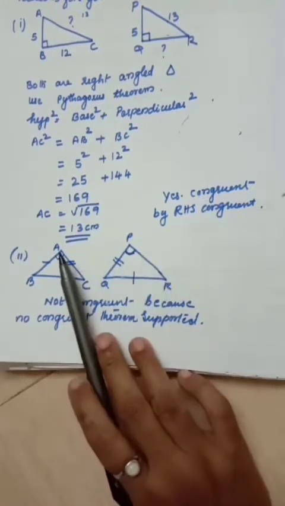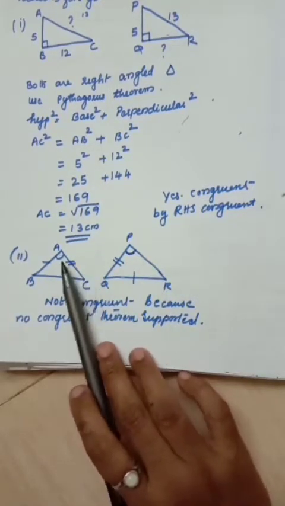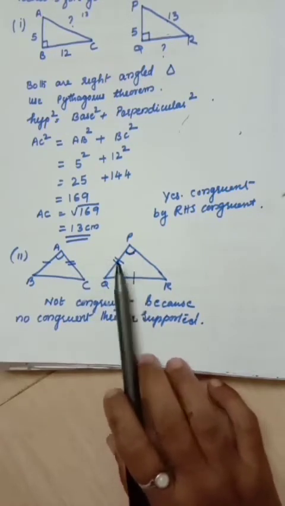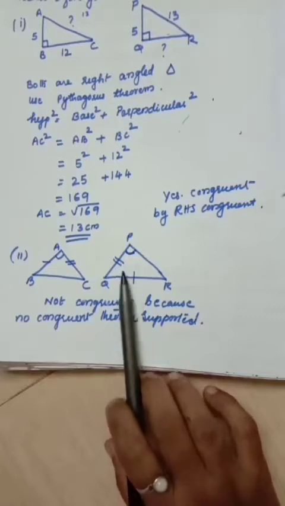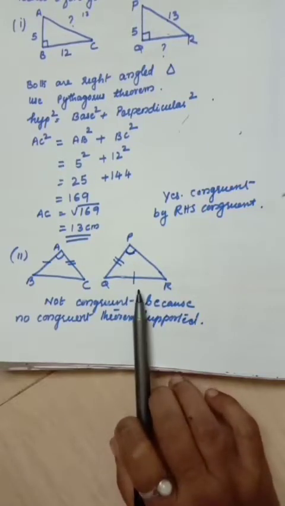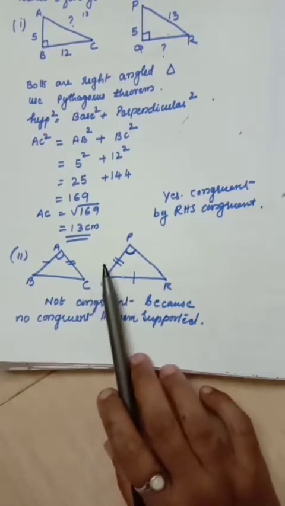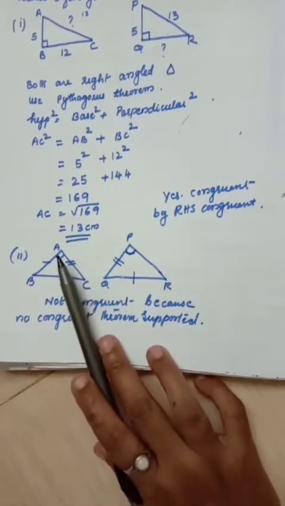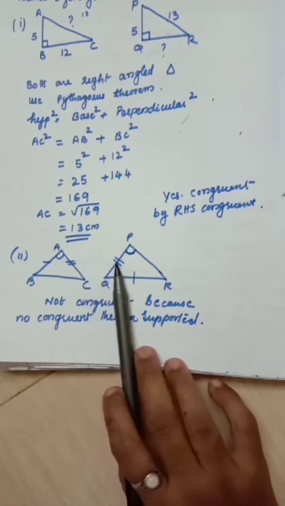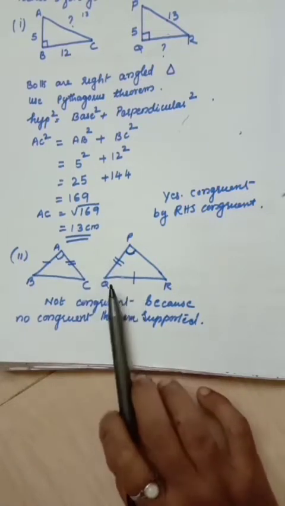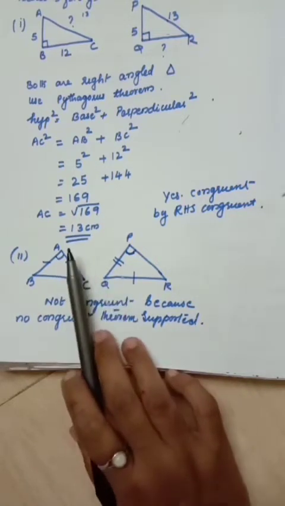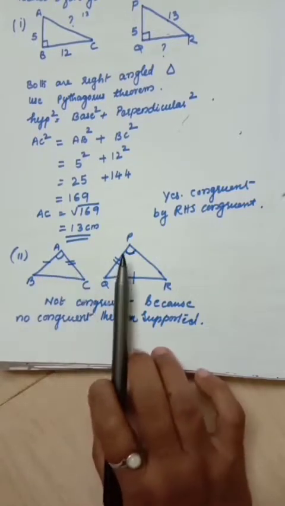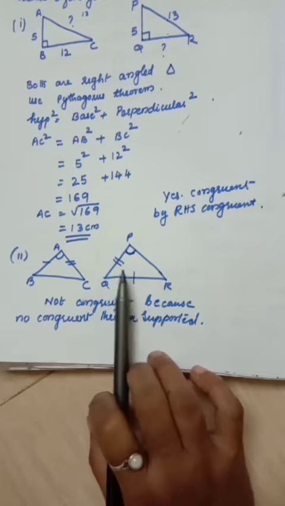In the figure, one angle and two sides are given. Which congruency is that? One angle and two sides. SAS congruency is there. You check it. SAS means two sides and included angle. The angle in between the two sides should be equal to the other triangle's two sides included angle. See, one triangle's two sides and included angle is equal to the other triangle's two sides and included angle.